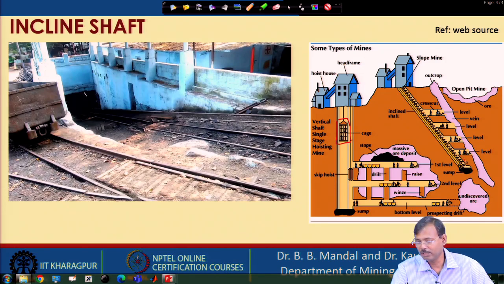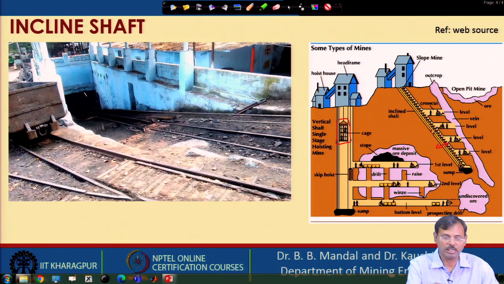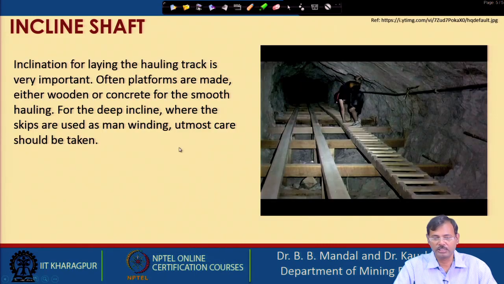Either we provide a conveying system, a bucket type conveying system, or we can provide a skip at this position. This type of conveying system is possible when the inclination is less, but for high inclination we have to provide the skip only. So, these are the general features